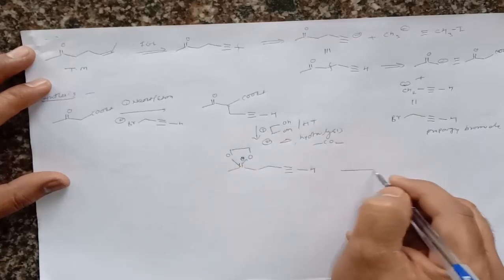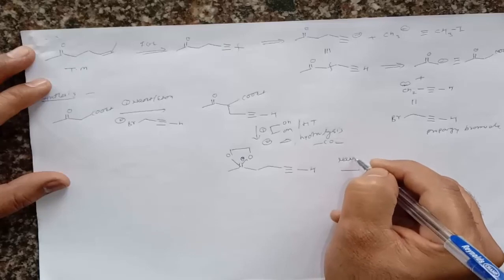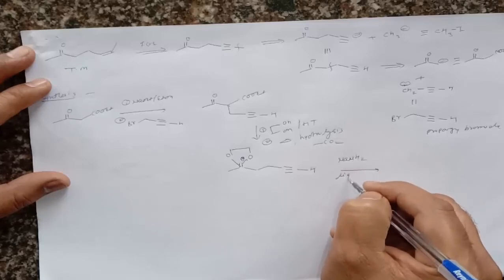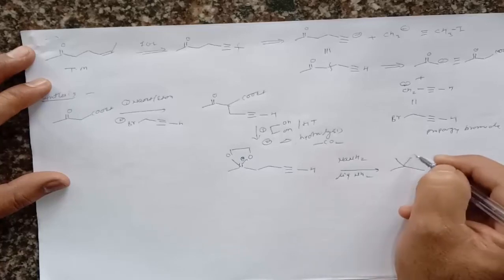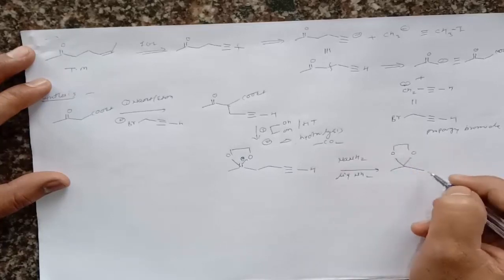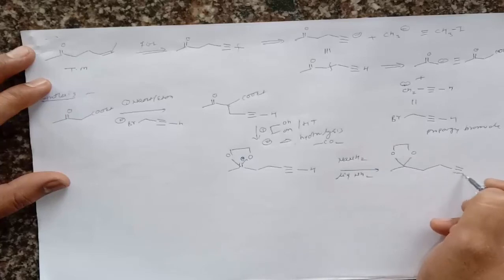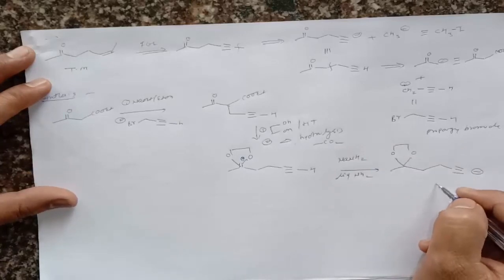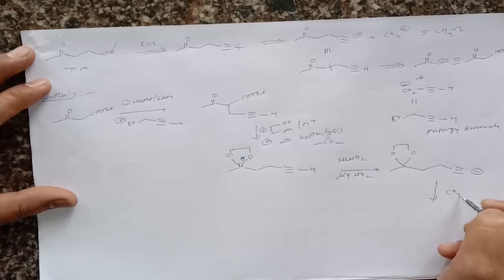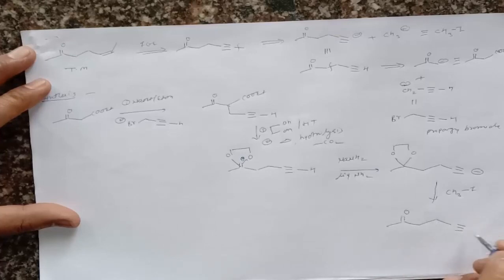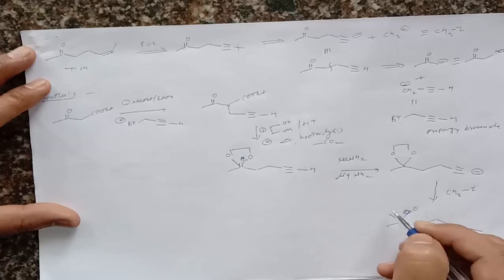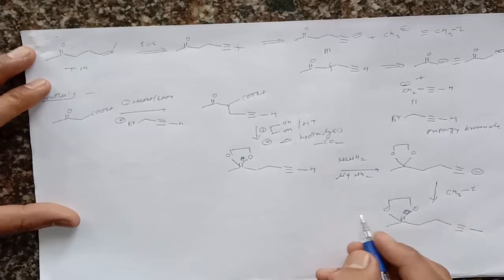Then we have to treat this molecule with a strong base, that is sodium amide in the presence of liquid ammonia. So what does it give? It takes the proton from this acetylene group, and then it gives formation of a negative charge here. Now treat this negative charge with methyl iodide, and after that, methyl iodide gives a compound like this, that is CH3. Now, sorry, here a protected functional group is there, O, O.